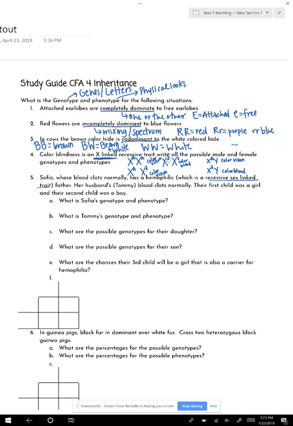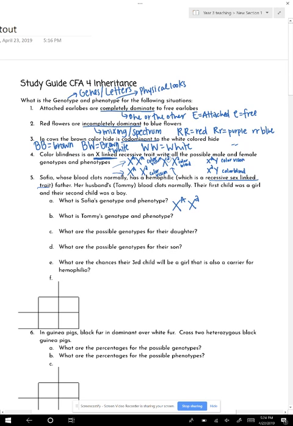So Sophia's blood clots normally. That means, first of all, she's XX. And very similar to what we have up here, we have to look at these different options. Since she does not have hemophilia, she has at least one dominant letter. But we look over here and see that her dad is a hemophiliac. So if her dad's a hemophiliac, then the only way that she was a girl is if her dad passed down one of those X chromosomes with that hemophiliac